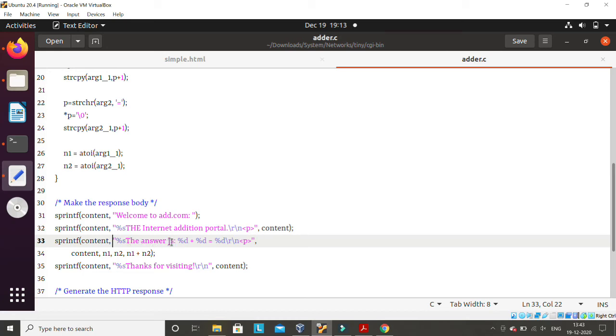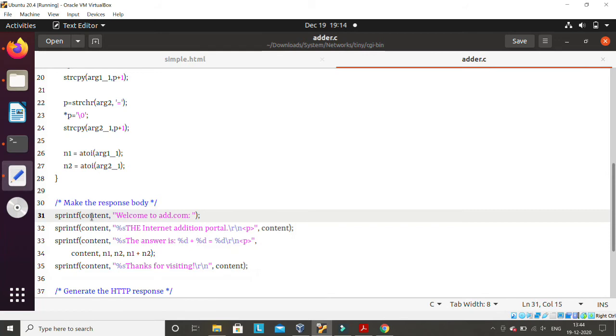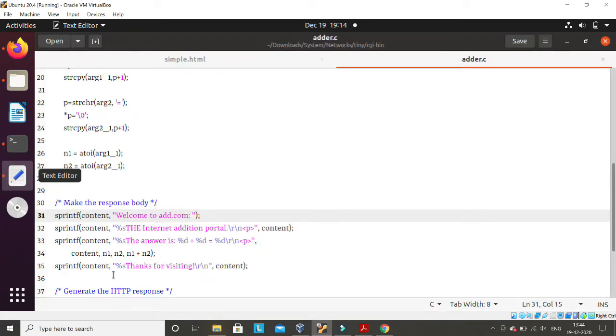And then here we are writing the answer is %d, content, n1. So ultimately what I am doing is adding n1 plus n2, and also I am creating a string called content, in which only this part is dynamic, right? And this dynamic part is created here using sprintf.